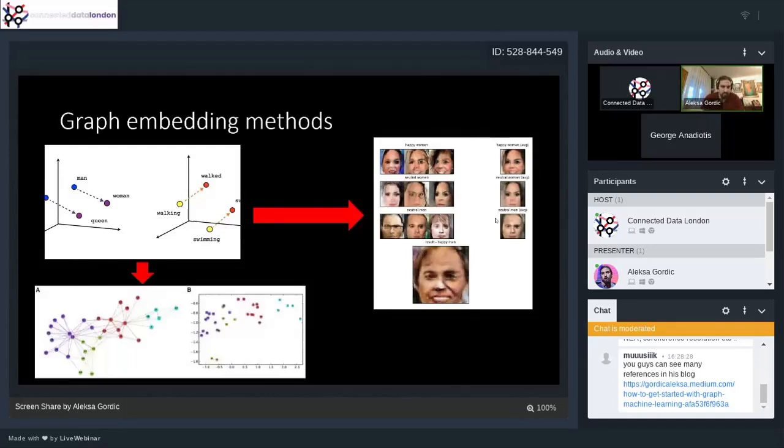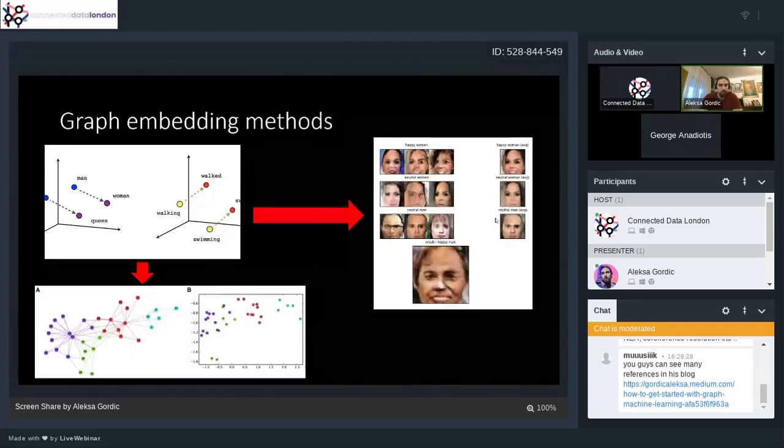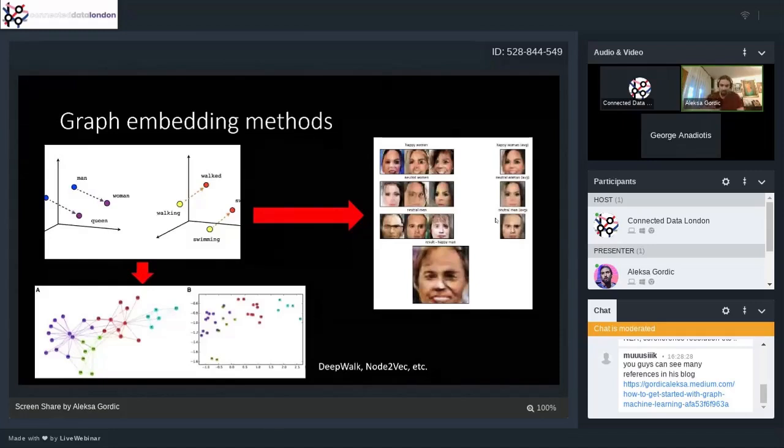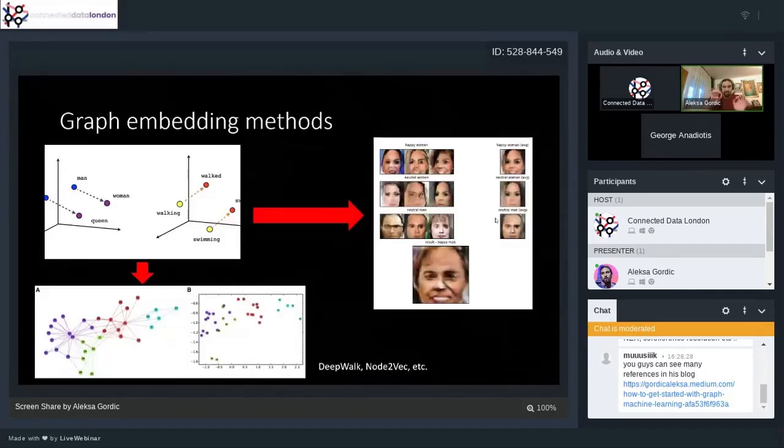A similar thing happens in GraphML. People were inspired by the 2013 word2vec paper by Mikolov, and they started doing the same things in GraphML, with methods like DeepWalk and node2vec. You can treat it as follows. You have a graph, and you do random walks across that graph, treating the nodes as words. You're basically doing the exact same thing as word2vec. You're sampling sentences, which are sequences of nodes in this example, and you want to make sure that nodes which appear together in those random walks have similar embeddings.